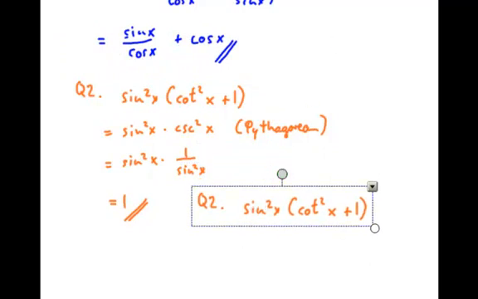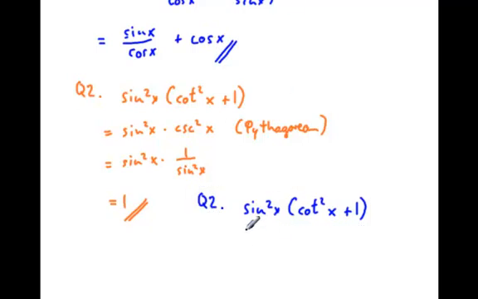By the way, even if I didn't know that particular Pythagorean identity, I can do it as follows. I'm going to change the color on this one. Even if I didn't know that, I could do the following: equals sine squared x times cosine squared x over sine squared x. That one I do have to know, plus 1, that is